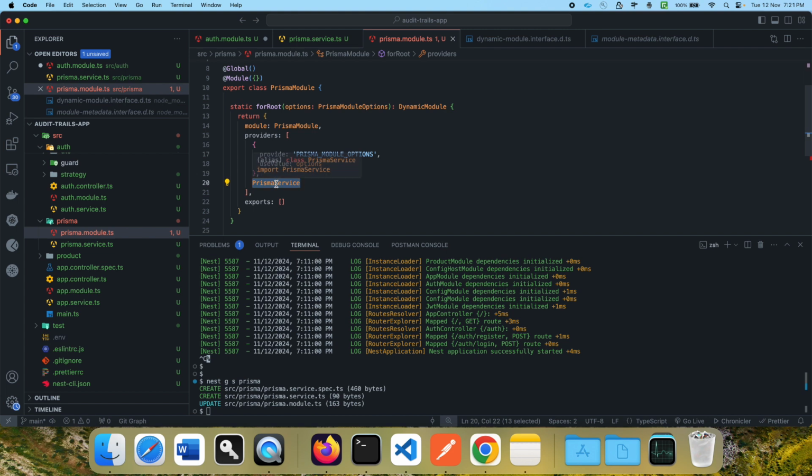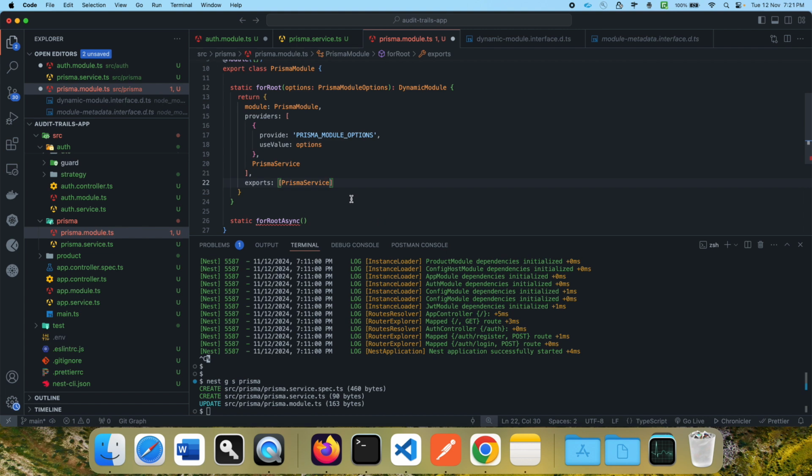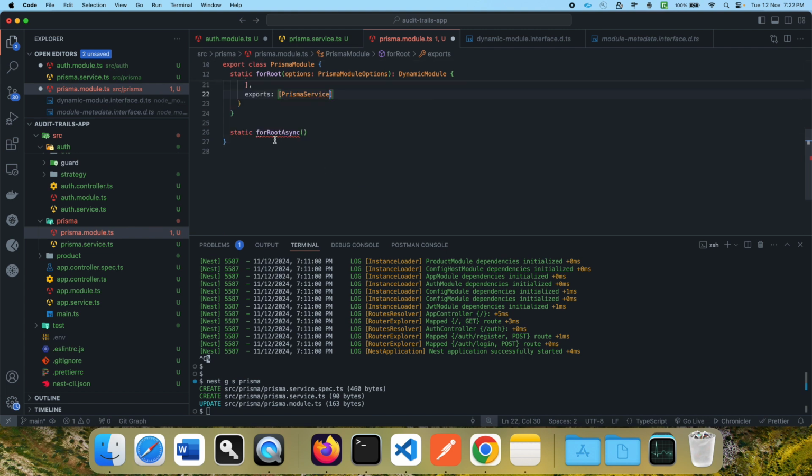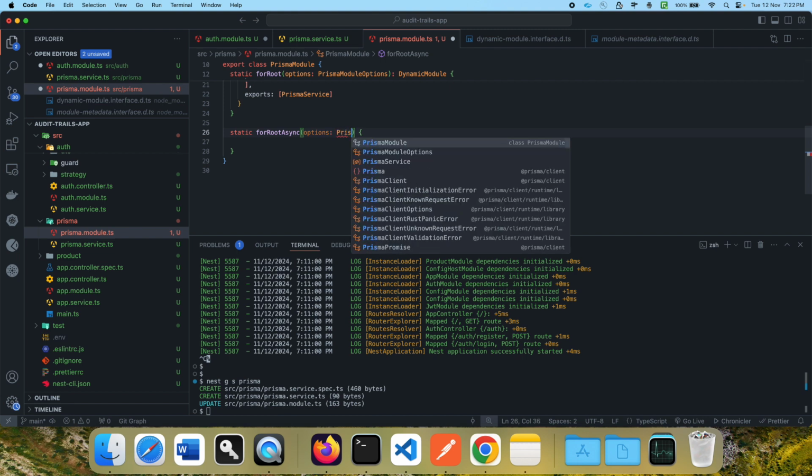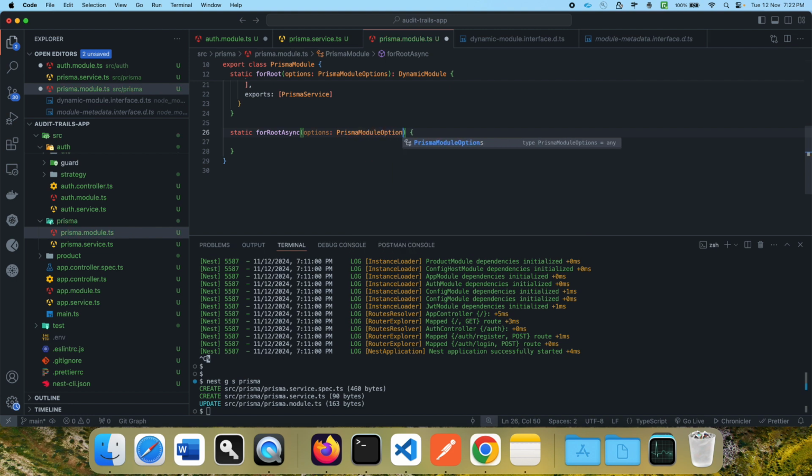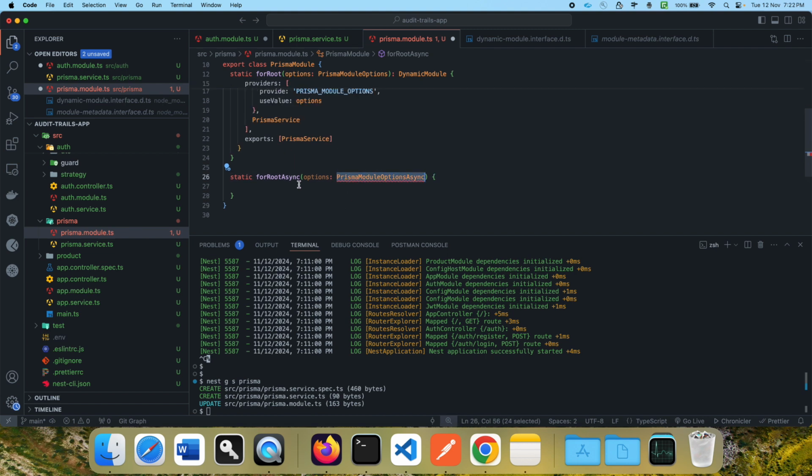In export, I'd like to export this Prisma service. Okay, similar things we can do in forRootAsync, but it will have slightly different parameters. So let's say if these are options, so I can create a type name here, like PrismaModuleOptionsAsync, and let me define a type here,